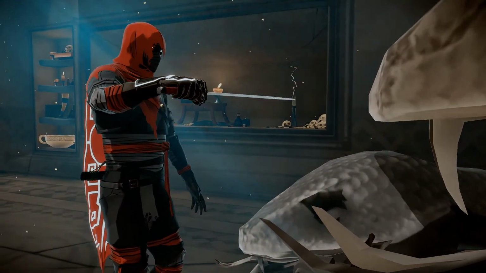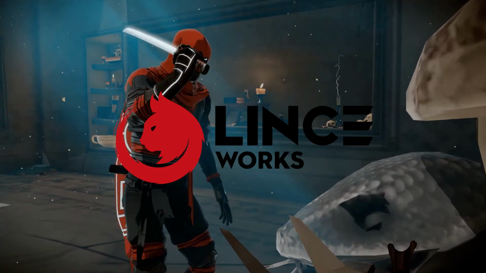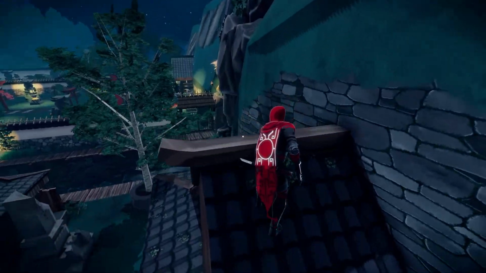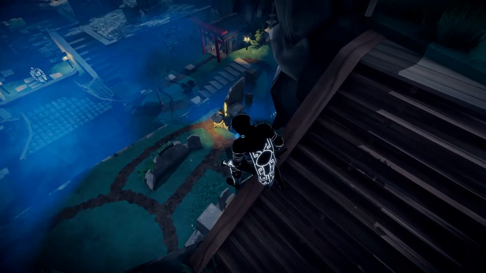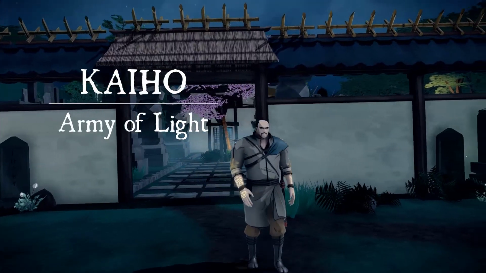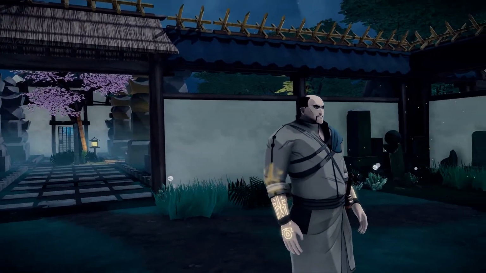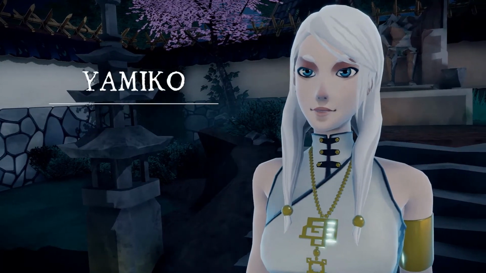Released back in 2016, Aragami is a third-person stealth game from developer Linceworks. The game puts you in the ninja boots of Aragami, an undead assassin with the power to control the shadows. He has a host of special abilities at his disposal, and you'll use them to take down the Kaiho, the Army of Light, as you fight to free the mysterious girl that summoned you, Yamako, who also holds the key